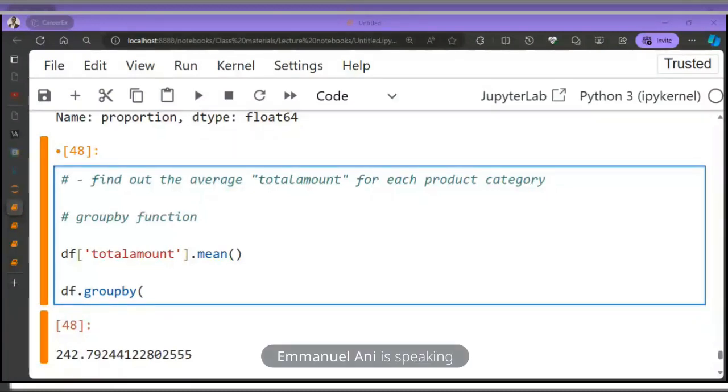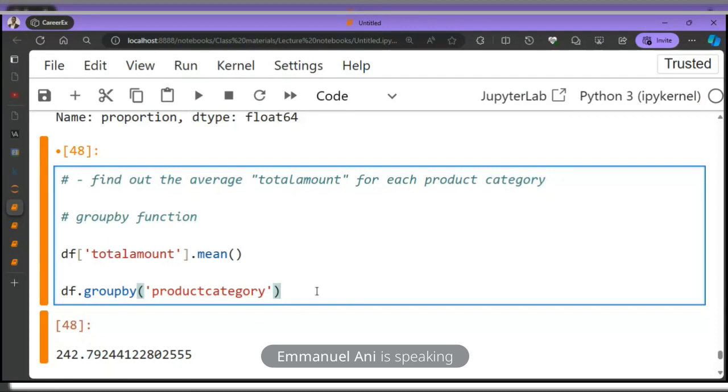All right, product categories, products. All right, great. So that's fine. We are going to be grouping by the product category. So we have the product category here. So this is the syntax for it. Group by is a function. It has a bracket. So in the bracket, you just put the name of the column that you want to group by, and then